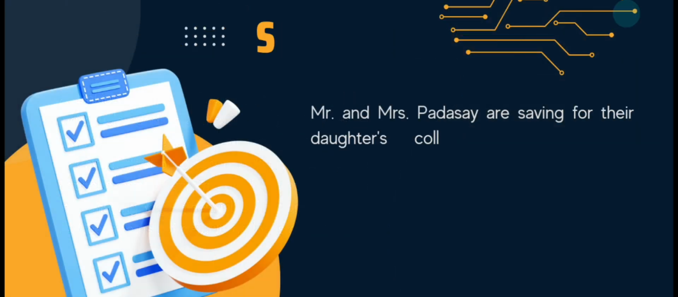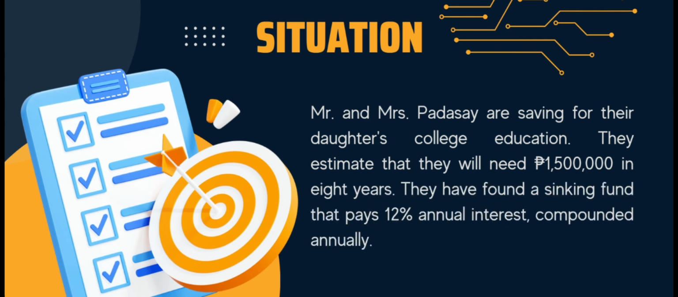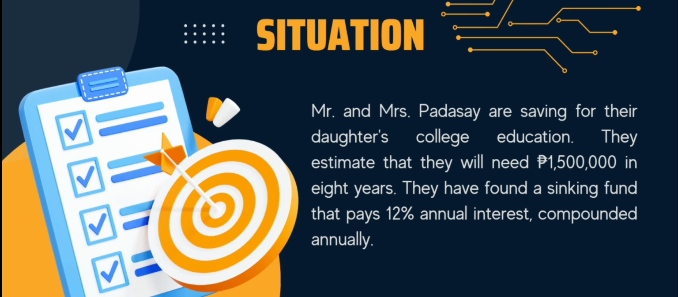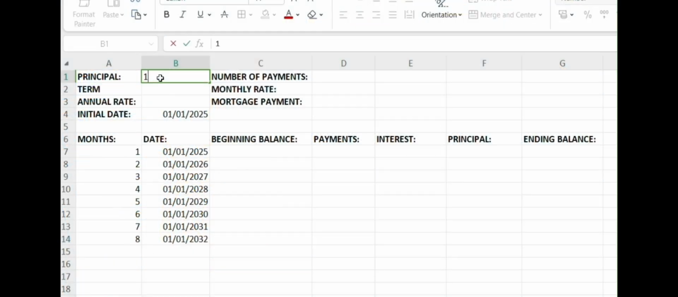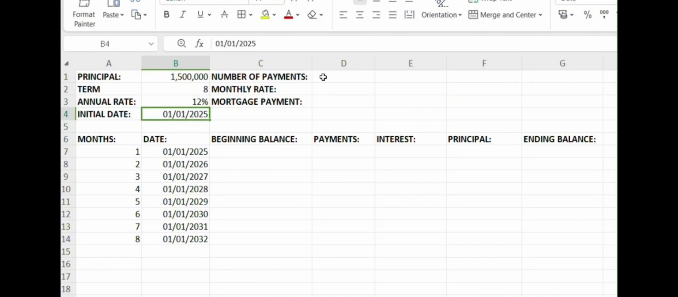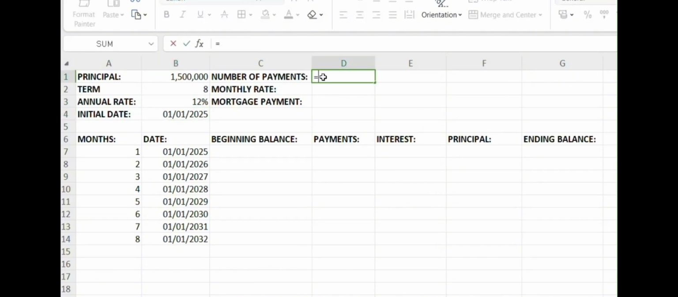So our situation is Mr. and Mrs. Padasay are saving for their daughter's college education. They estimate that they will need 1,500,000 in 8 years. They have found a sinking fund that pays 12% annual interest compounded annually. So now we have here the given: the principal of 1,500,000, the term of 8 years, the annual rate of 12%, and the number of payments is equal to the